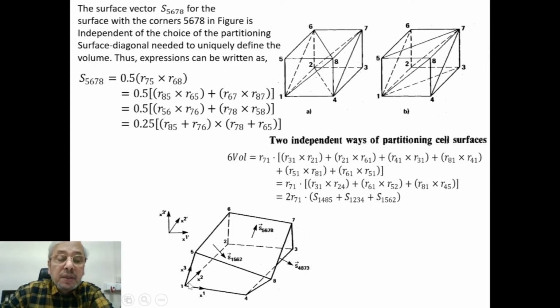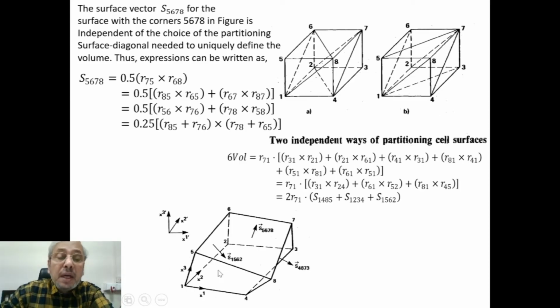R71 means this diagonal which connects point 1 and 7, R71 into the surface area 1485, this surface 1485, plus surface area 1234, that means this base surface with respect to this particular hexahedral, and